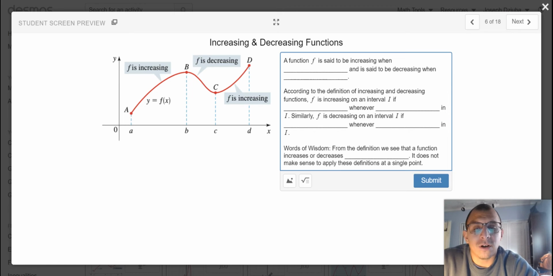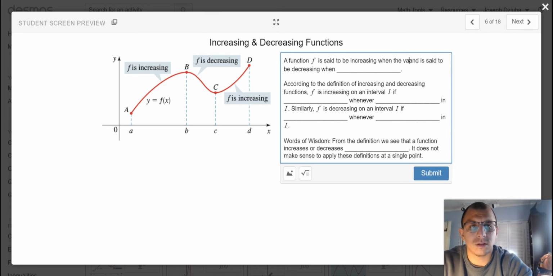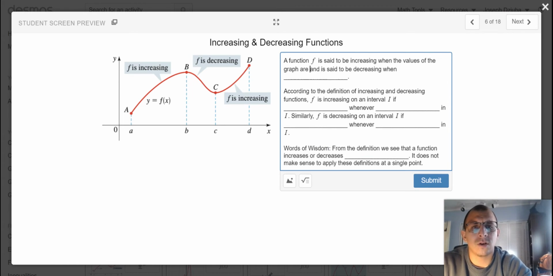We say that a function f is said to be increasing when the values of the graph are rising. Right? The behavior of the graph is rising